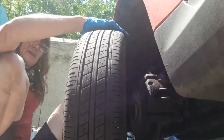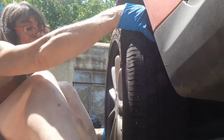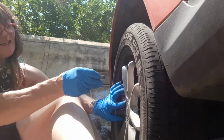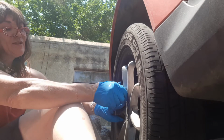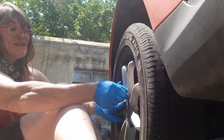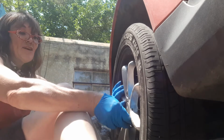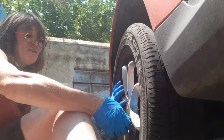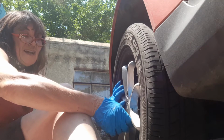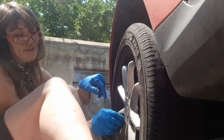I'm gonna show you. Getting this tire on is actually easier and trickier than some. It's way lighter than a lot of cars, and of course this time it's gonna go on nice and easy because I'm practiced, but sometimes it's tricky to get those 3 holes lined up because there's not lug bolts sticking out. The lug bolts come off, and instead of sticking out and nuts going on, the bolts go in. So you got to make sure they're lined up properly, and you don't ever want to tighten down one on a tire. You always want to go around and around